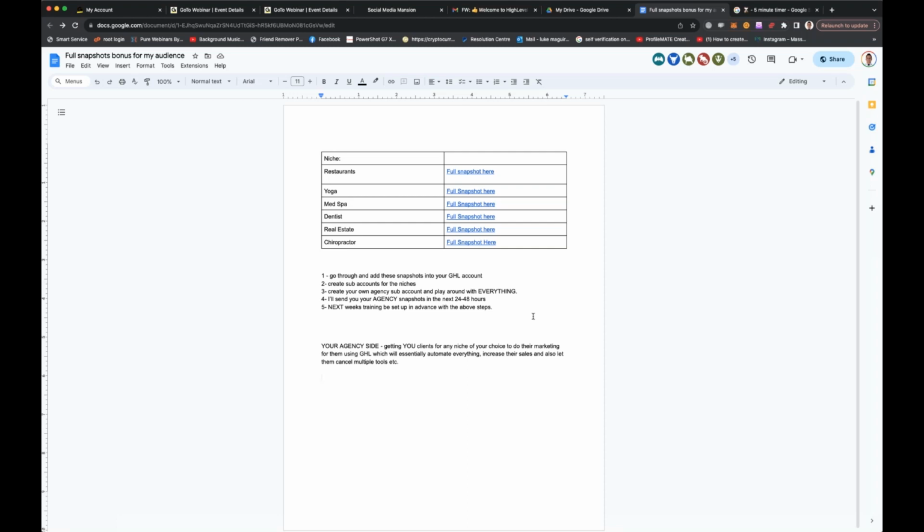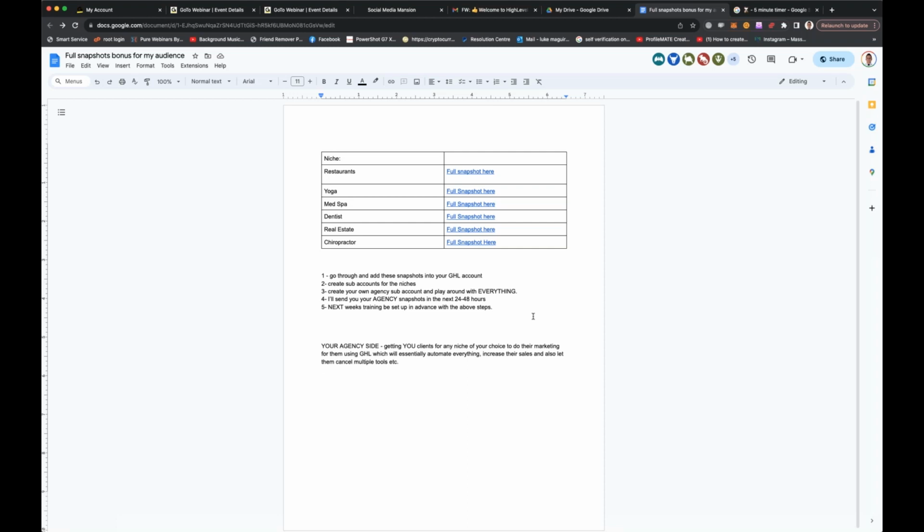I thought there's probably a percentage of people that have really dived into it and are becoming pretty big power users of Go High Level. And I wanted to get essentially a white label snapshot created for you guys as well, and also some training around that for those that actually want to white label their Go High Level account,